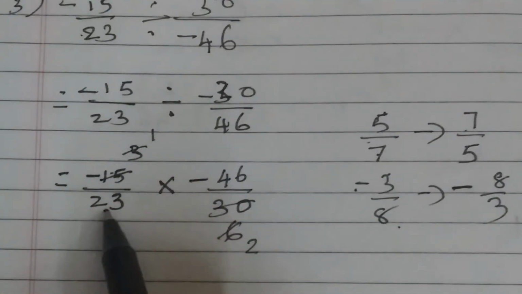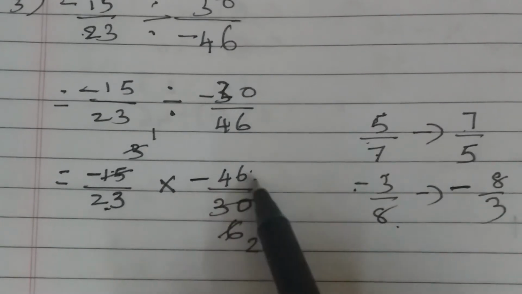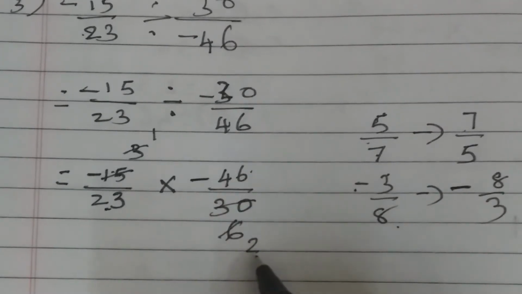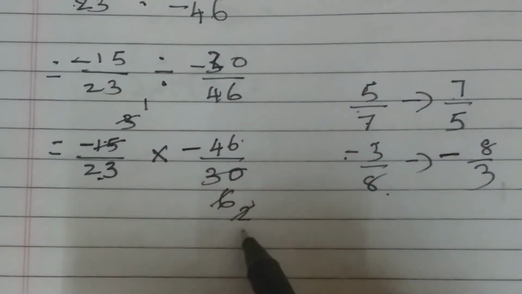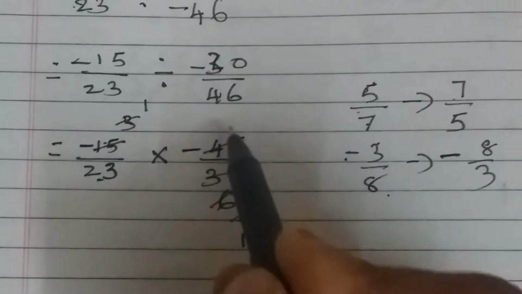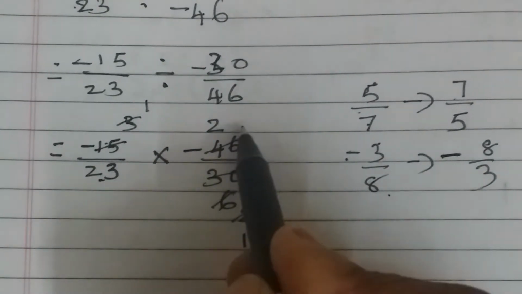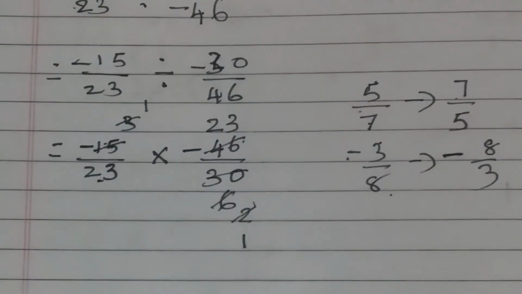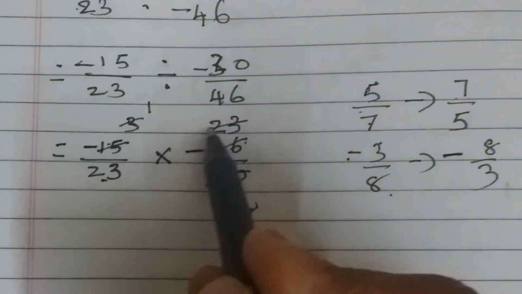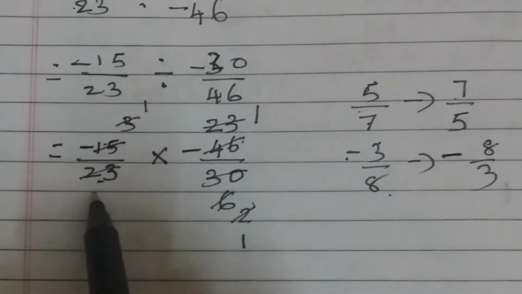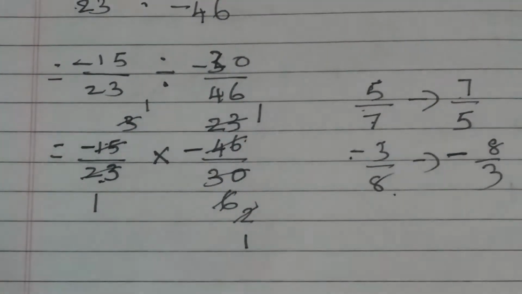Okay, now check 23 with 46, or if you don't know the 23 table, take 46 with 2. 46 is an even number, 2 is also an even number. So even numbers we can divide by 2. Here 2 1s are 2. Here till 4 comes in the 2 table. 2 2s are 4. There is no remainder. Go to the next number. 2 3s are 6. Now we got the same 23. 23 and 23: two same numbers can be cancelled by the same table itself. 23 1s are 23. 23 1s are 23. That's all. We have cancelled everything as far as possible.